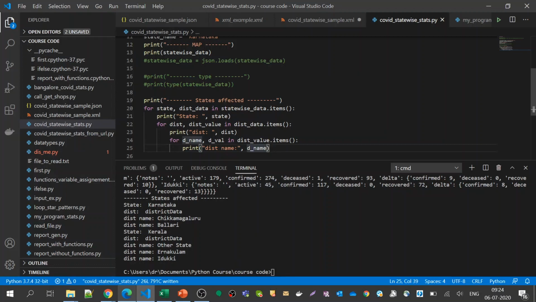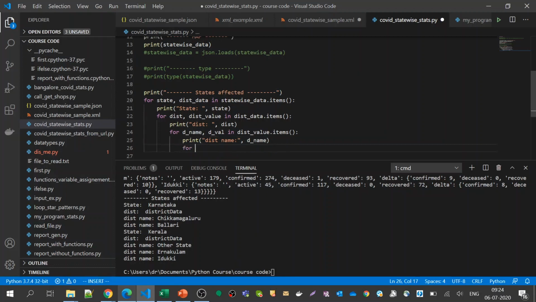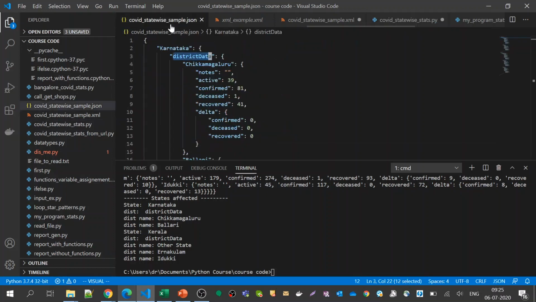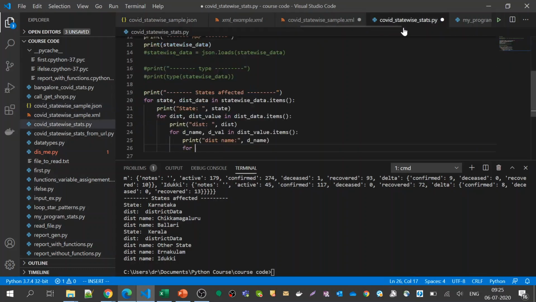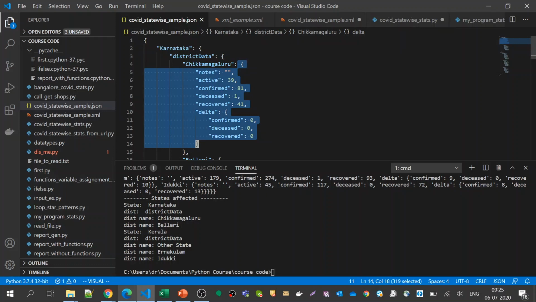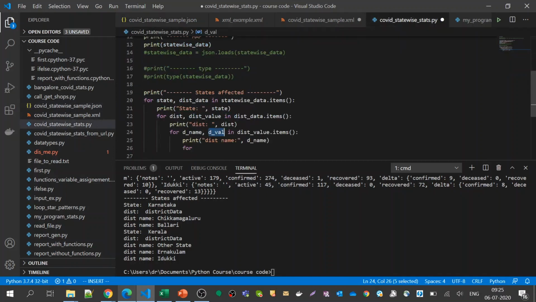So let us try to get into the final data. Usually when you're writing programs, you'll forget things, so you go back to things. Now I have printed this, and I have reached till here. Now I need to find out this stuff. The whole thing is a dictionary, so I need to parse it. How do I do that? The d value is nothing but this highlighted thing, which is again a dictionary, so now I have the key and value.